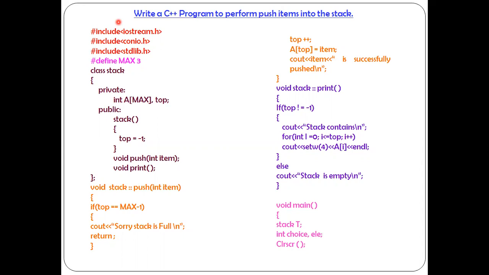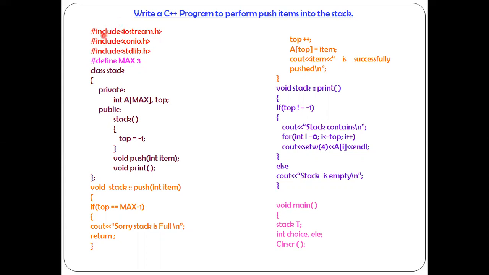They are a stack of plates, a stack of shirts, okay? Wearing of bangles by girls, they insert and delete from the same end. There are many more examples, and one more is putting batteries into a torch. First cell, second cell, and third cell. In order to remove the cells, which one will come first? The third one will come first, then the second one, then the first one, right? Those all make use of the concept LIFO, last in, first out. Got the point? So now let us have a look at the program.